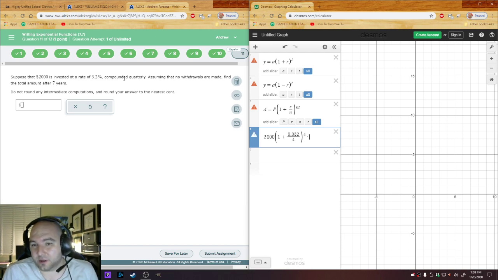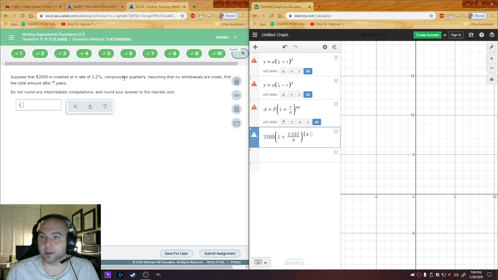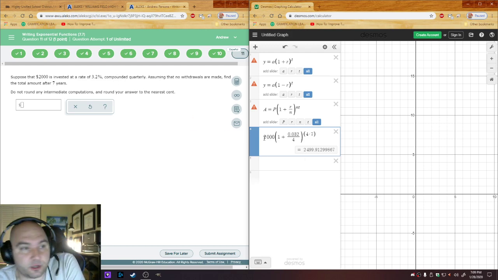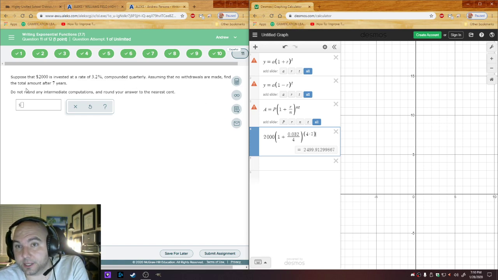times. Now be very careful. If you look at what Desmos just did, I put times and it put it down in the base, not in the exponent. So you might need to put a little parenthesis in the exponent to make it happen. 7. Okay, so let's review. $2,000 to start. Times 1 plus 0.032 over 4 because it's compounded quarterly. And I raise it to the 4 times 7 because it's compounded quarterly for 7 years. And this is what I get,